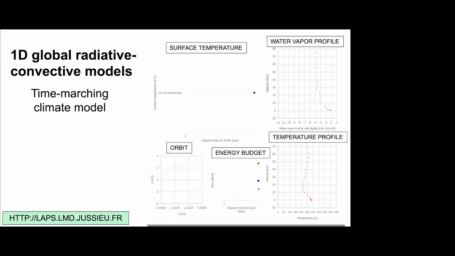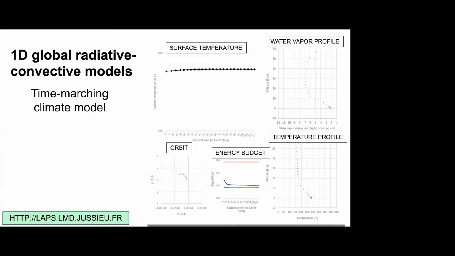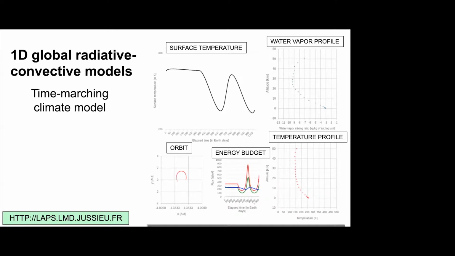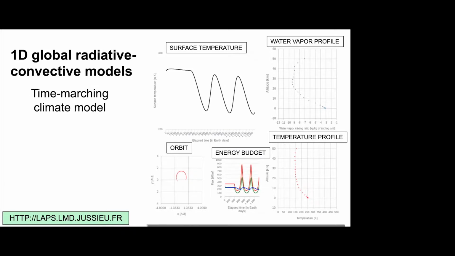We'll first start with a planet that looks like Earth. So at each time step here, we calculate all the processes I told you about to let the planet evolve. And then suddenly, we will change the eccentricity of the planet, and the surface temperature, the temperature profile and the water vapor profile will respond in a time-marching way to this external forcing, which allows you to compute the variation in all of these quantities through time. You can also, for example, change the stellar spectrum of the planet, which will change the way the upper atmosphere will evolve through time.